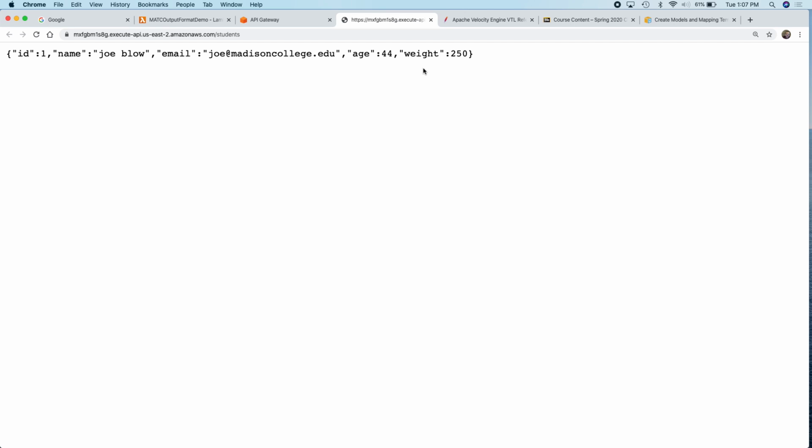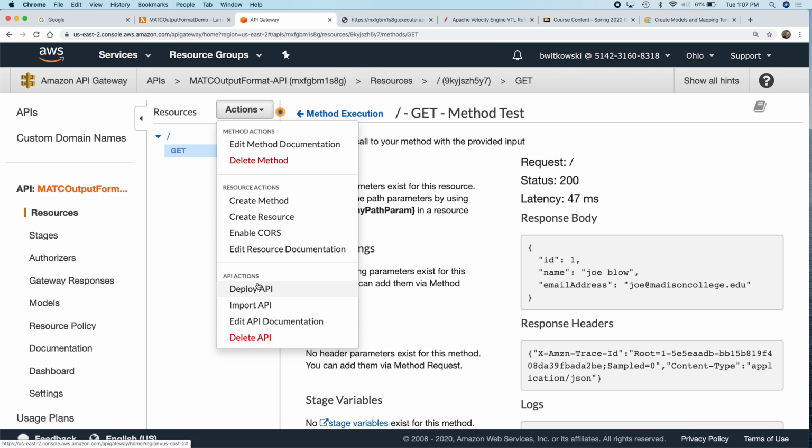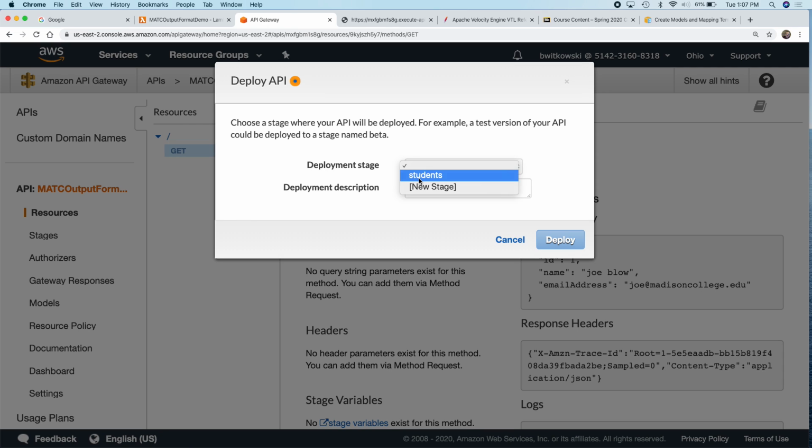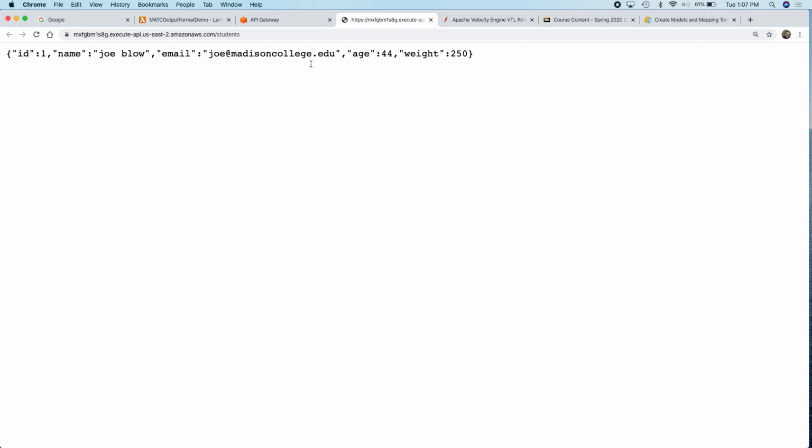I'm ready to push them out. I've tested it. I want a different response. Okay, so remember that you have to deploy. I'm going to deploy it to my student stage, so I'm reusing that stage. I'm going to deploy, so I'm overwriting the old version of my API. And now if I hit this URL,